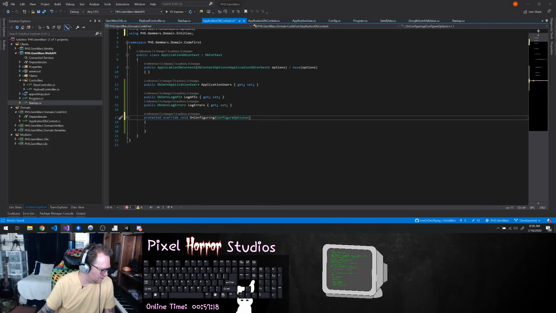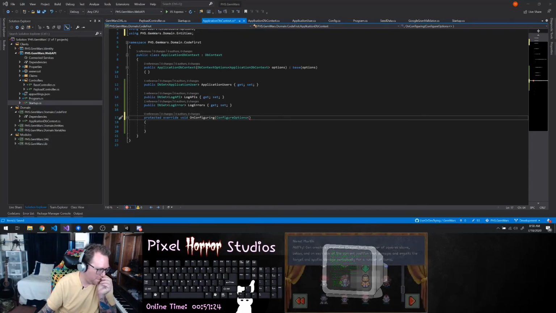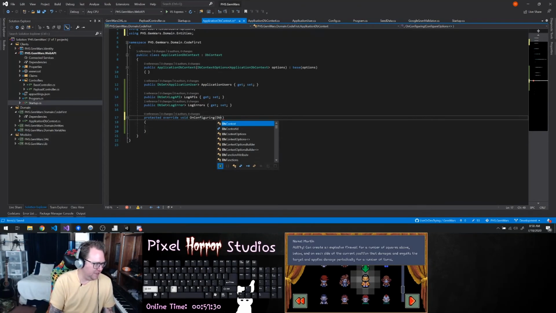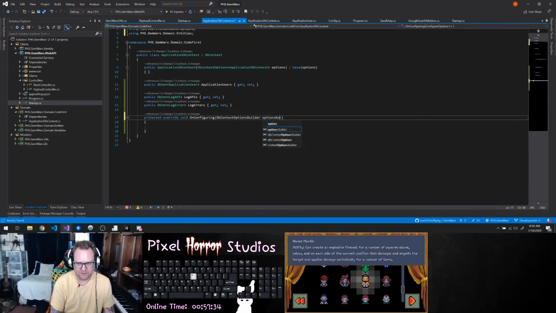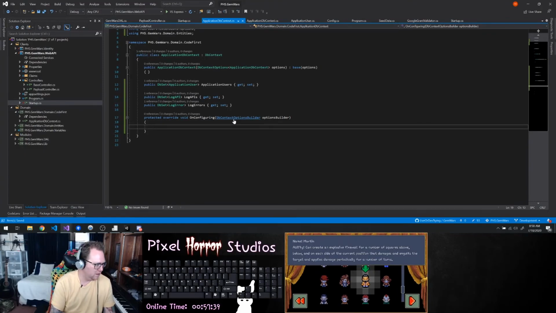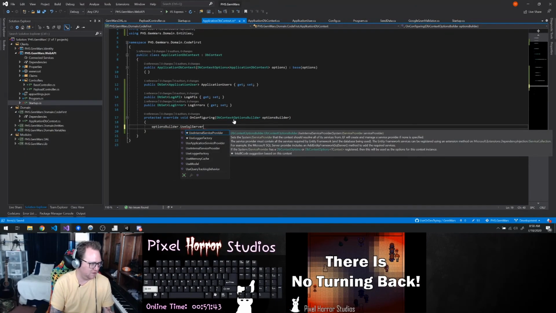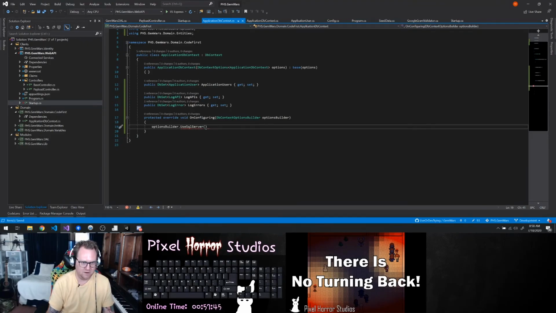Just a second here. Called DB context options builder, called options builder. Okay. And all I want to do is options builder.use SQL server of my